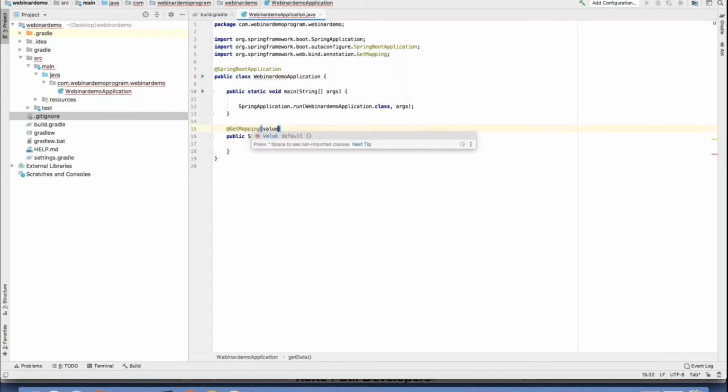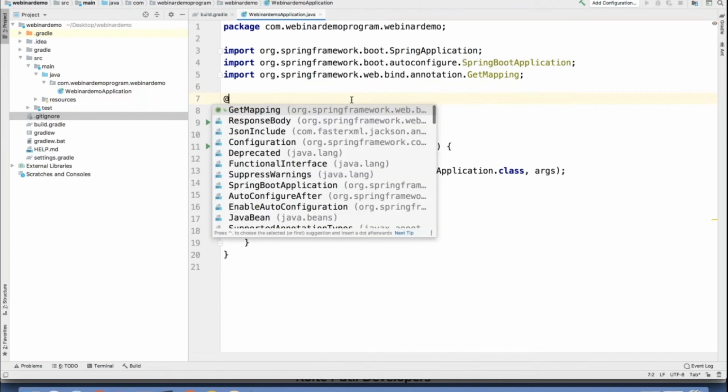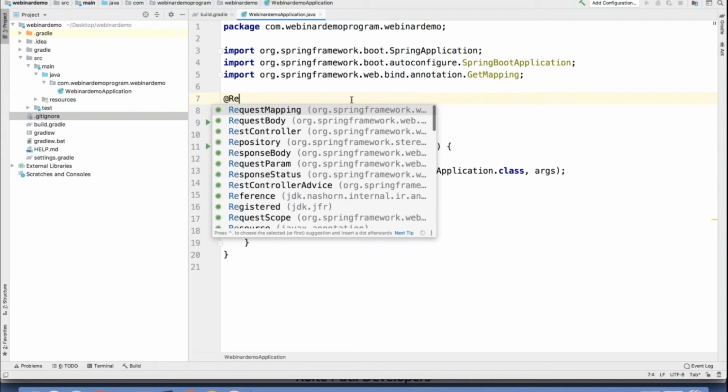Now let's see how we can deploy the application, and the client is going to send some request to the server, right? So how the server is going to respond to the request that will come to it. Okay, so I will write a simple message over here: Hello Spring. Okay, so you can just see, and here on top of this class, I'm going to specify one more annotation